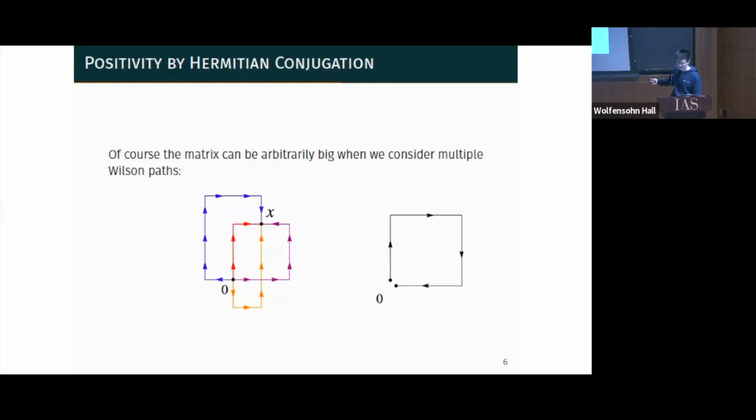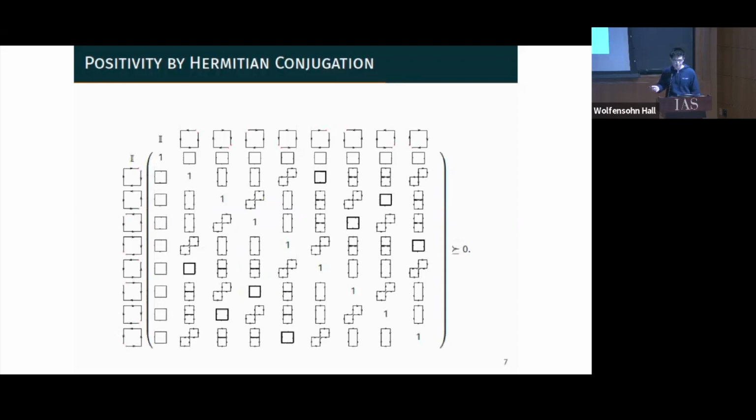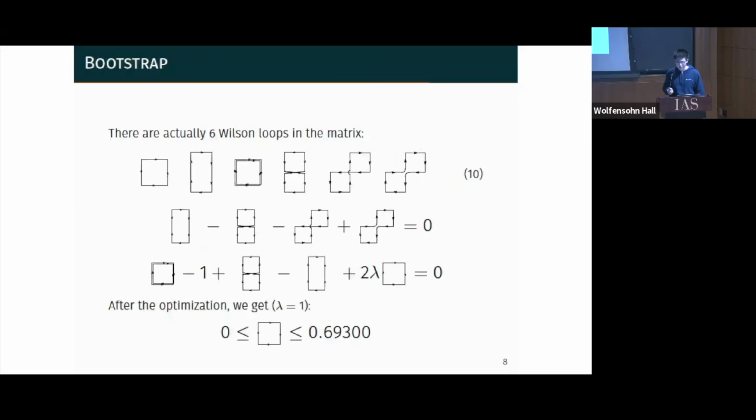For example, we consider the Wilson line starting at 0 and ending at 0. This is a length truncation for Wilson lines. So you will get the length truncation 8 positivity. This matrix is positive semi-definite. It is a 9 times 9 matrix, and it contains 6 independent Wilson loops. These are all the Wilson loops with length cutoff 8. We have already shown that it satisfies the Makeenko-Migdal loop equations. These are actually all the conditions.